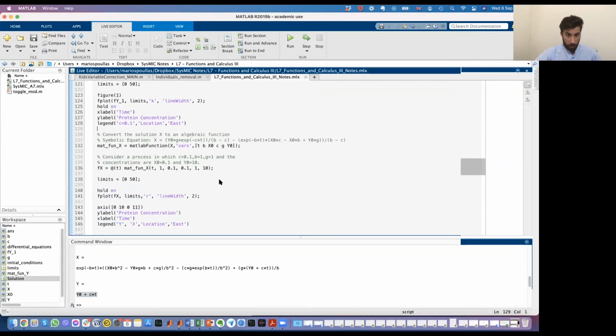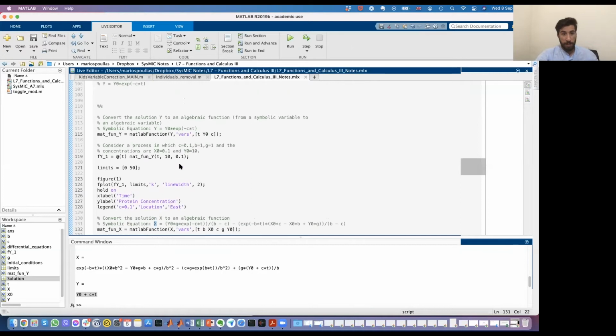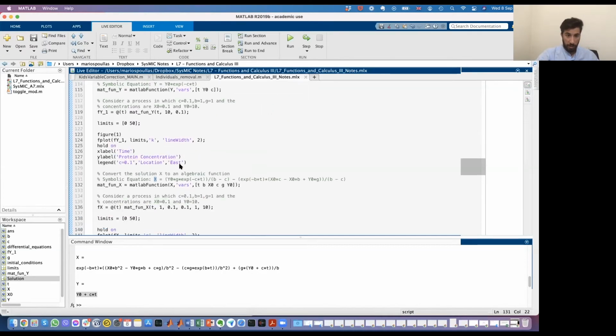Then we do the same thing for the second equation for the protein X. However, there is no need to do this at the moment to save some time. Let me proceed to the